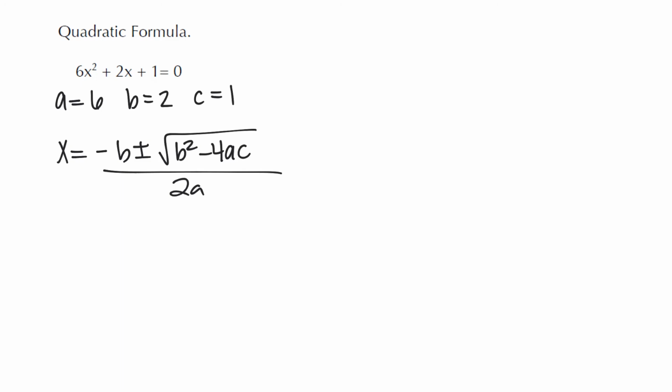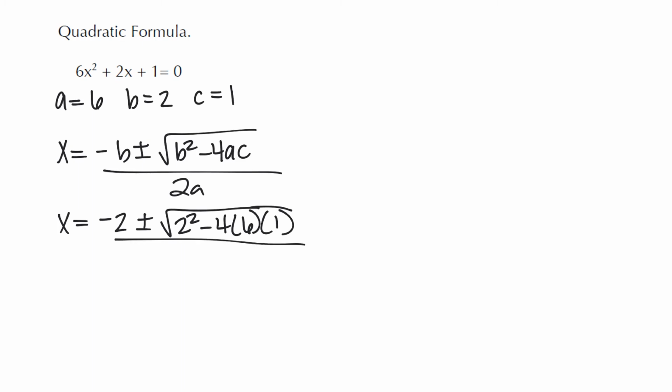Then it's just a matter of plugging into that formula. So I have x is equal to the opposite of 2 plus or minus the square root of 2 squared minus 4 times 6 times 1, all over 2 times